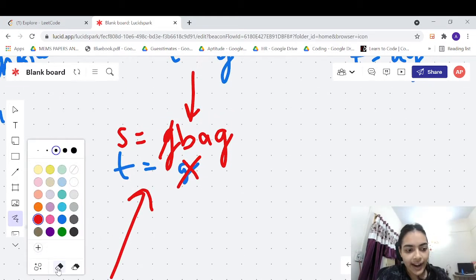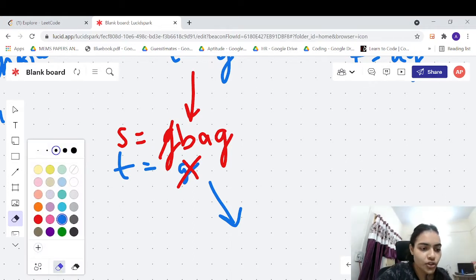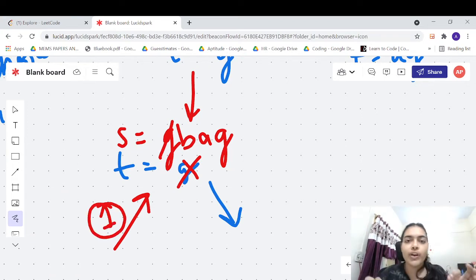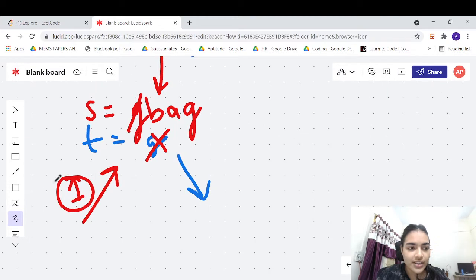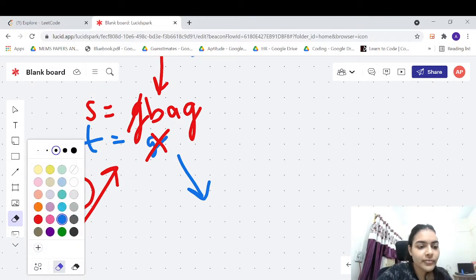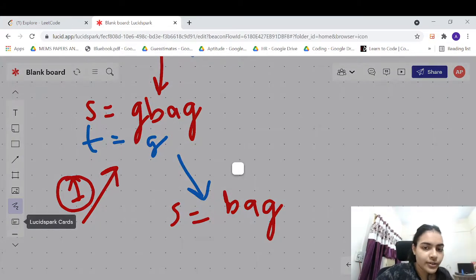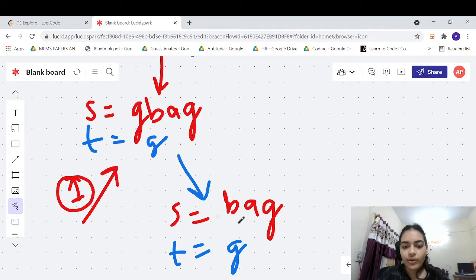Okay, when you backtrack, you can go to the next choice that you have. In this case, you had two choices, right? When you took the first choice, you were able to reach a final solution and backtrack. So you can return one. You have found one way to make bag, but you still have another way, right? So you will backtrack and think of the second choice. What was the second choice? You don't consider the first character. You go ahead in your quest with the remaining characters and you still have to make G. Okay, you can still make G, right?